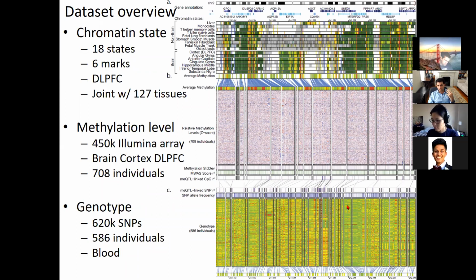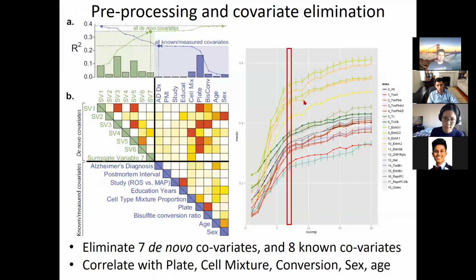And now we can start asking, well, which regions are eQTLs? And then what are the properties of different classes of elements? For example, if I have a methylation change here, does it matter if it's a promoter or enhancer, and so on and so forth. So the first thing that you do in any kind